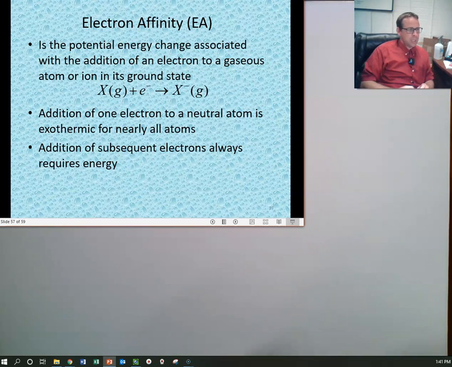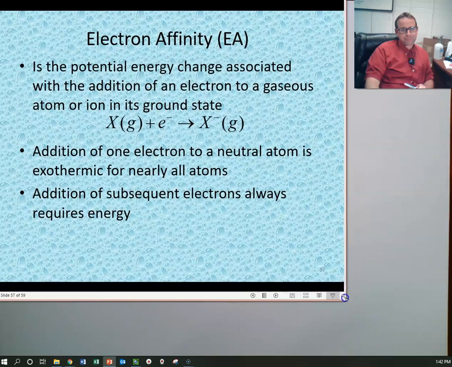Meaning I want to eat a lot of chocolate, right? So in terms of electron affinity, it's how much pull an atom has on a given electron. And specifically, when we're talking about electron affinity energies, we're talking about the energy associated with an atom gaining an